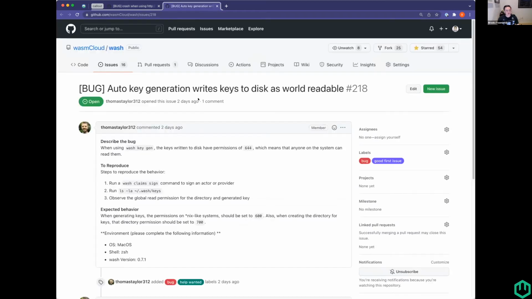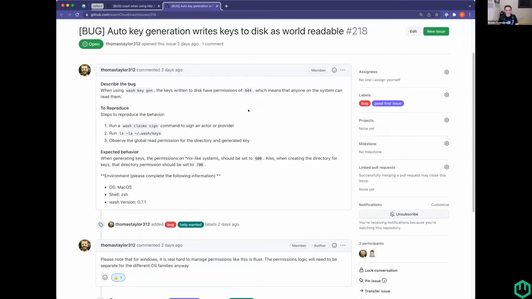And the second one is actually also a great issue to get on if you just want to do a little bit of Rust work. For those of you who have developed with wasmCloud, when you're compiling actors and providers and signing them, you may not even know, because our goal is to make it really seamless for the user, especially with our make commands. But wash, when you're generating or signing an actor or a provider, we automatically generate an ed25519 key